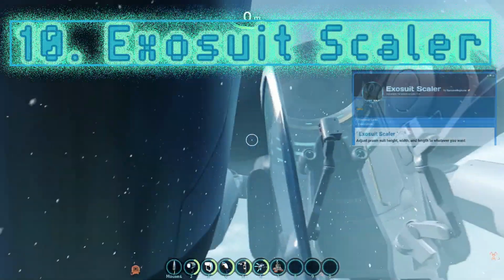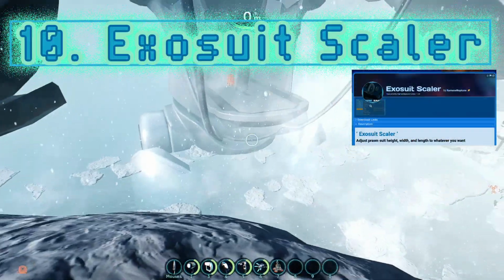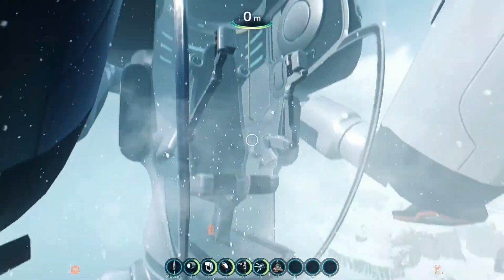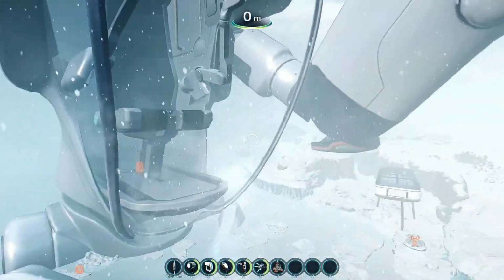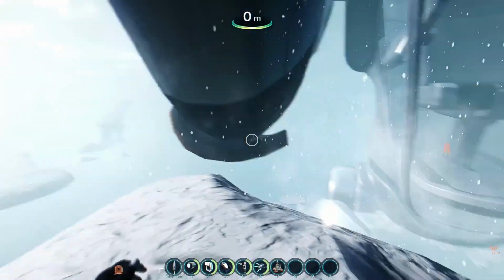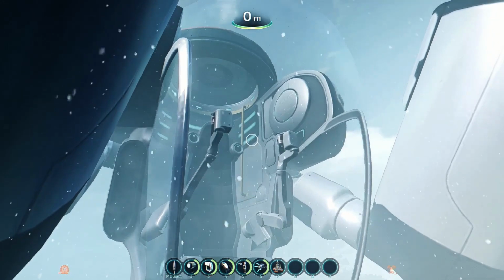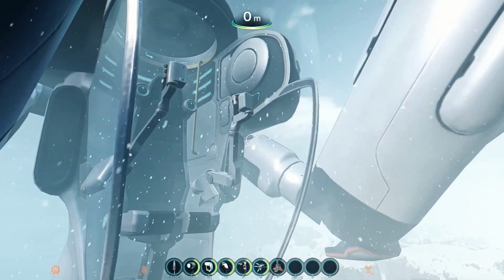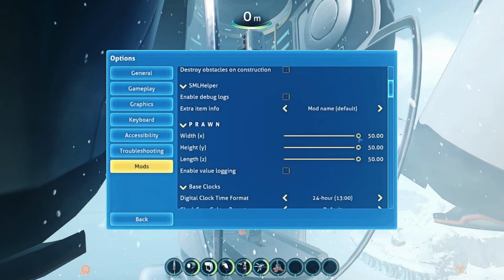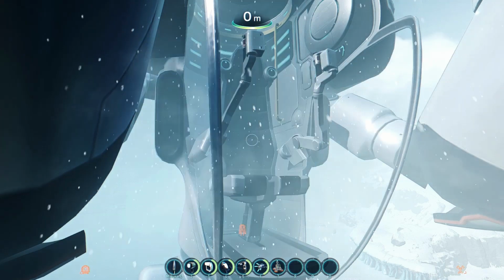Oh my gosh, what have I done to the game? Wow. So yeah, this is the Prawn Suit Exoscaler mod, I believe it's called, and this is not really something that's essential, but it's something to have fun with. You can tweak the size of your prawn suit. So let's go about half. Let's get rid of that ridiculous...